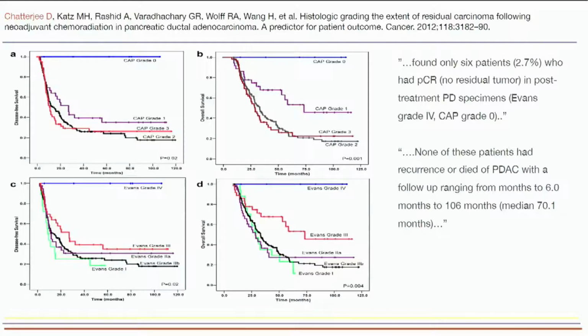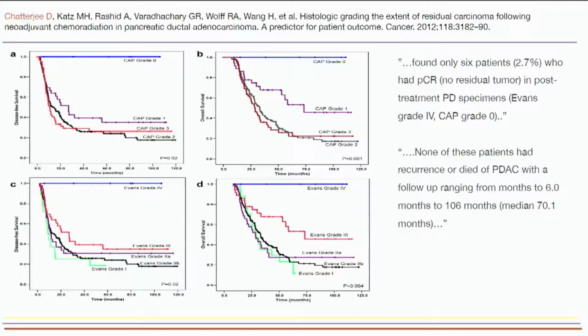6 cases, which was 2.7%, when morphologists could see complete response. That means no tumor cell, complete response, CR. But definitely that was cytologically verified. And then follow-up 106 months. That means the patient lived long and happy, and by the time of treatment discontinuation they were still alive, and